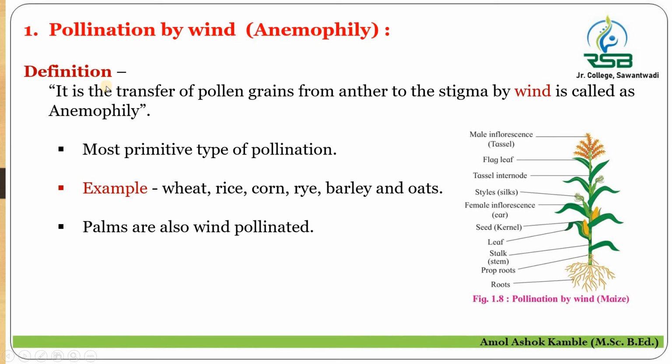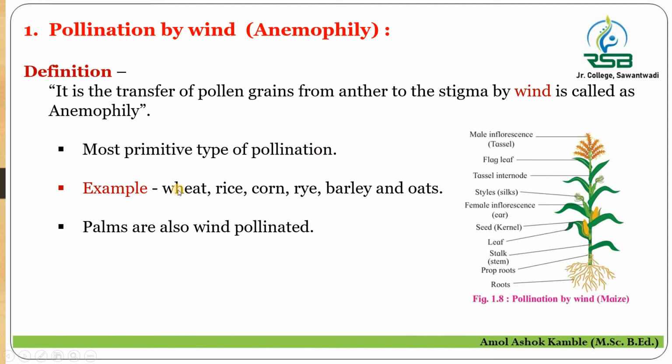Here in anemophily, the transfer of pollen grains from anther to the stigma by the wind is called anemophily. Here, the agent which is involved in the pollination is the wind. This type of pollination, that is anemophily, is the most primitive type of pollination, and the examples of